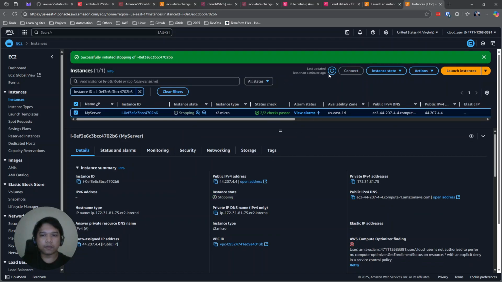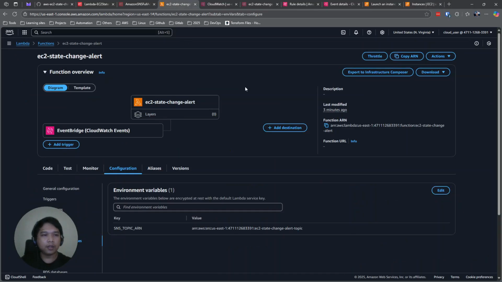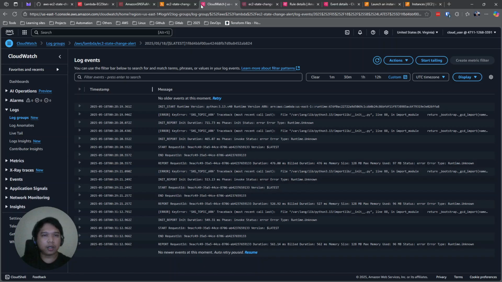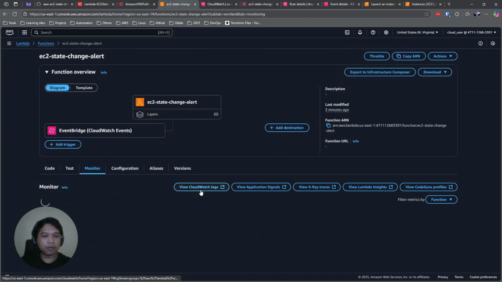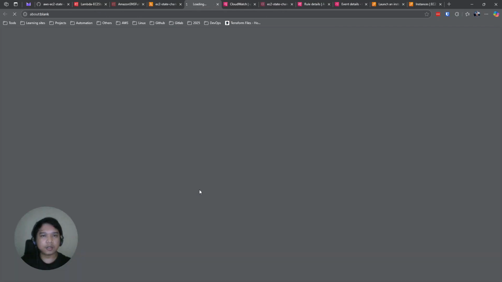While waiting for the instance to be stopped, let's check the logs in the Lambda function. Go to the monitor and view CloudWatch logs.